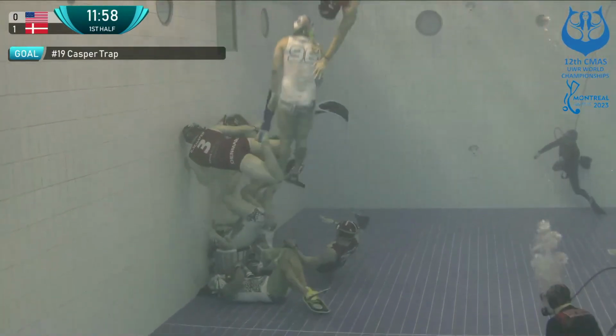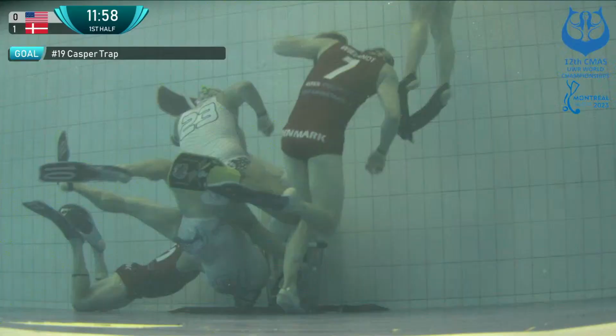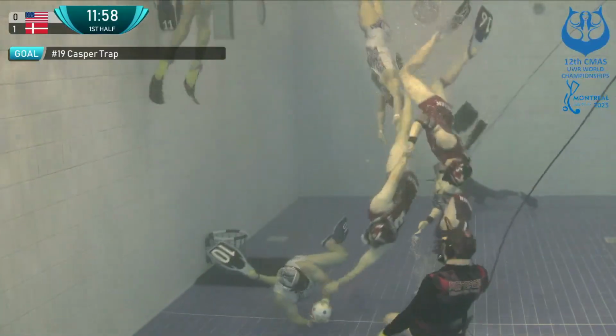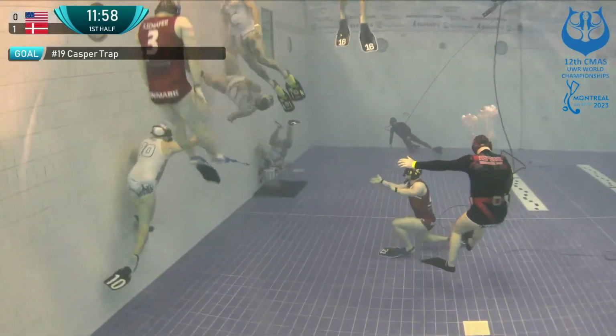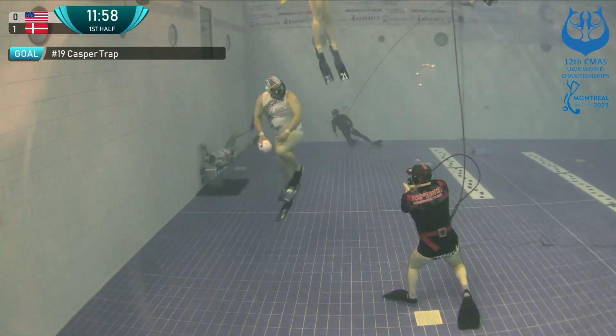So now Denmark trying to attack. Very well recovered by the 8, Giancarlo Castro. Oh, dangerous ball. Goal is open. Basket alone. USA player doing everything that they can to allow their team to get more players on the basket,